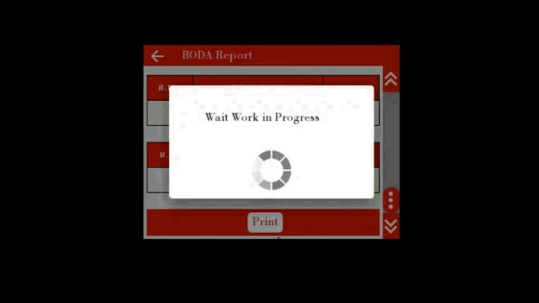After printing of BO daily account, BPM will keep one copy of the BO daily account with him and one copy will be submitted to the SO for further accounting.